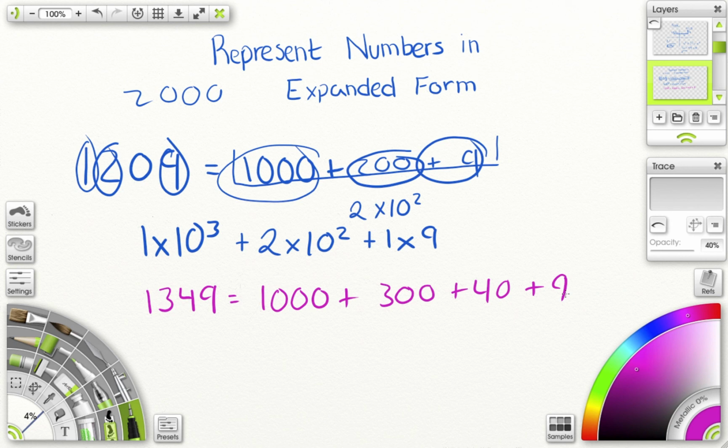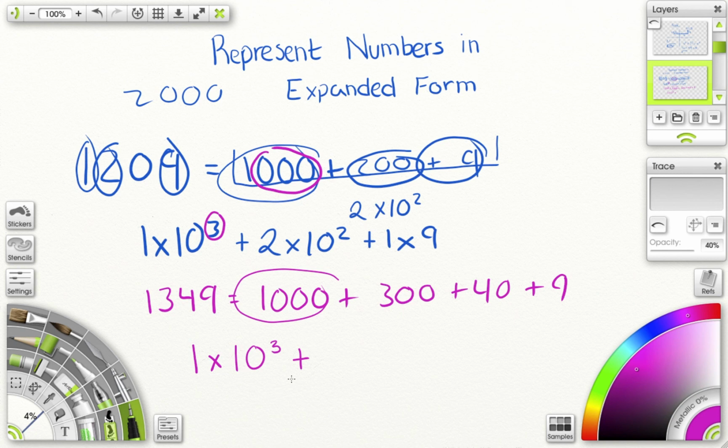First of all, 1,000. So to do 1,000, I do 1 times 10 to the power of 3. Remember, with your powers or your exponents, the number that is your exponent is the number of zeros after the first digit. So you see how I have 10 to the power of 3? That 3 represents the 3 zeros that are here. It's just a little trick to remember in case you didn't know. So I have 1,000. I represent as 1 times 10 to the power of 3 plus